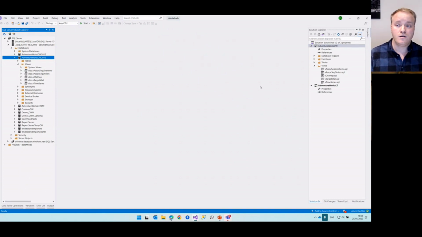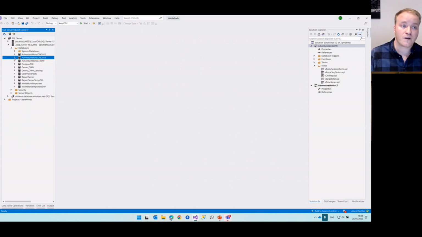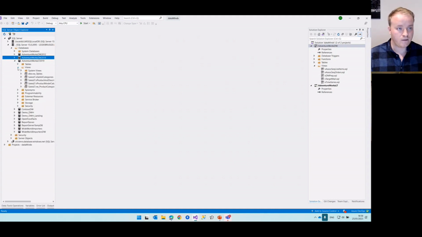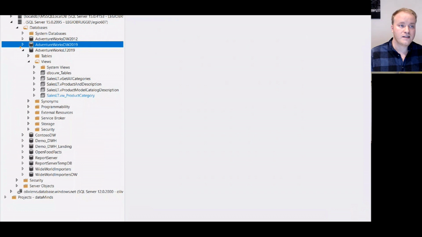Now I will be showing you an alternative setup as well, something I've been using a couple of times and for specific reasons. So to explain, we're going to extend it a bit. There we go. To explain, for this example, we're going to use the AdventureWorks LT database. Why? Well,